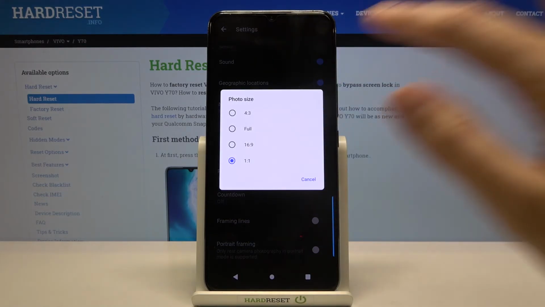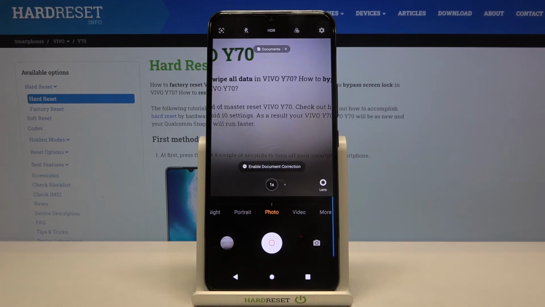size, we can easily go back to 4:3, the original one, and this is how it looks like to remind